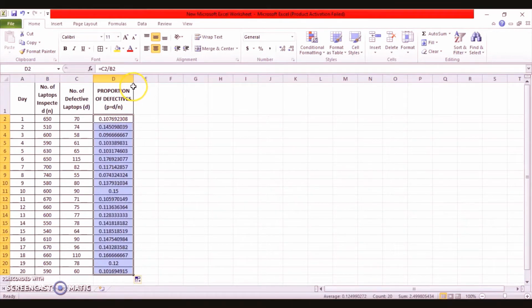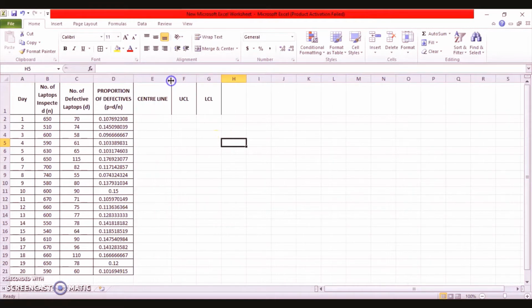Now we have to find out the value of the upper control limit. Before that we have to find out the value of your center line. We call the center line P bar, and then we have to find the upper control limit and lower control limit. For the center line, what will be the formula? As you remember, it is the average of your proportion of defectives.